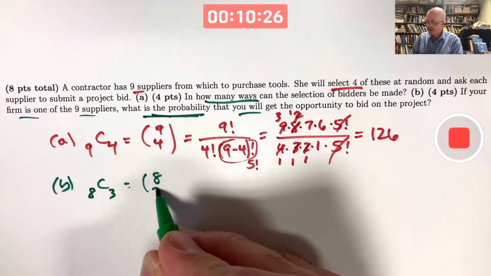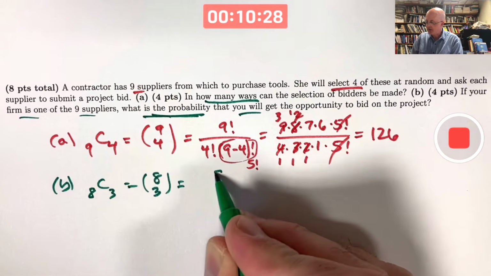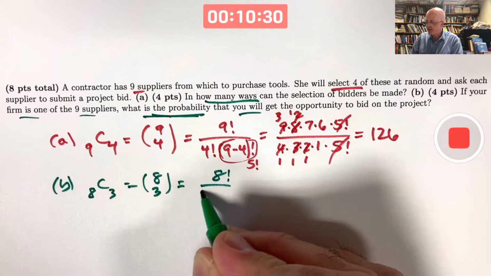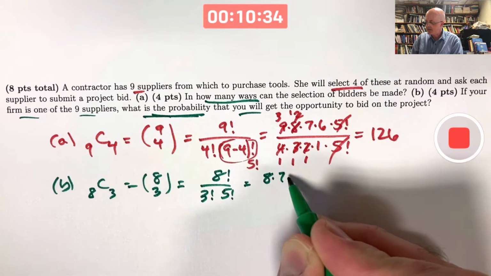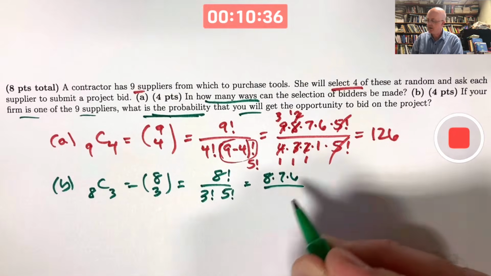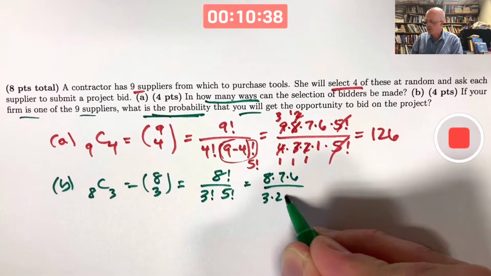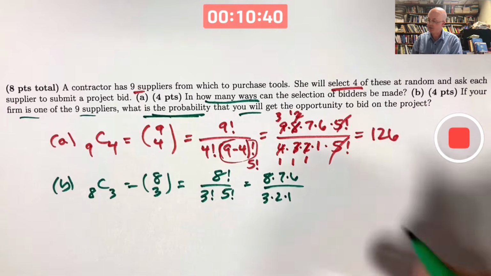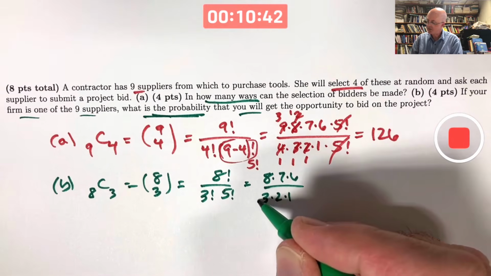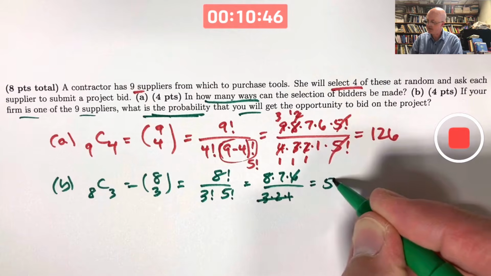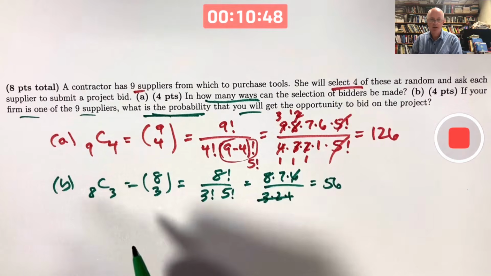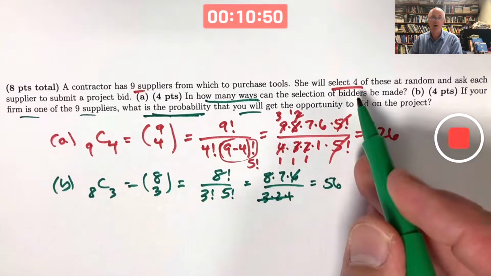8 choose 3. In terms of factorials, that's going to be 8 factorial divided by 3 factorial times 5 factorial. That'll be 8 times 7 times 6 times 5 factorial, all divided by 3 times 2 times 1 times 5 factorial. The 5 factorials will cancel. 3 times 2 times 1 is 6. That cancels with this 6. Looks like we're left with 56 for the answer of the number of groups of 4 of which you are